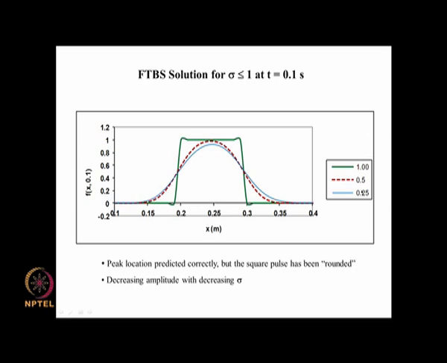And what we have seen from our error analysis and accuracy is that if we decrease delta t, we should get a more accurate solution, because for a first order method, if you decrease delta t by a factor of 2, then error should decrease by a factor of 2 and so on. So we would expect a more and more accurate solution as we go from 1 to 0.5 to 0.25, because delta t is decreasing.